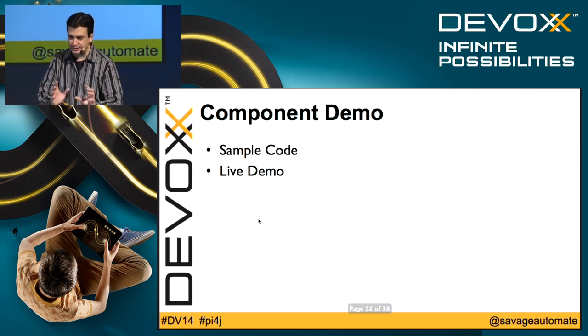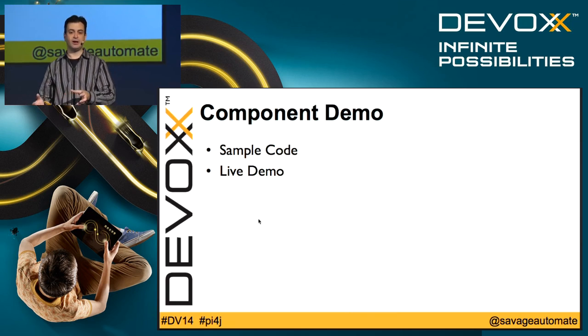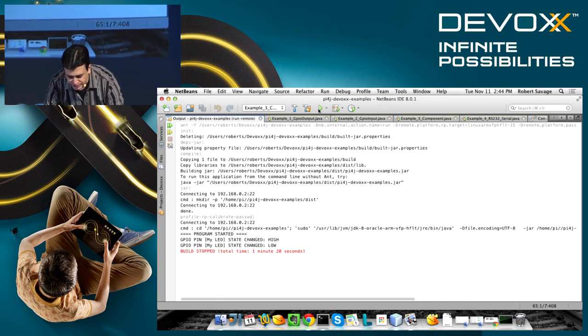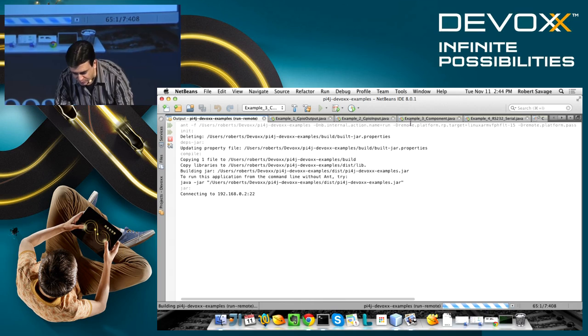So this really abstracts the implementation of the hardware that you're working with, so you don't have to proliferate your code with GPIO specifics. So we're going to take a look at that demo now. We're going to run this, and functionally, this demo is not any different than the one we just ran, but